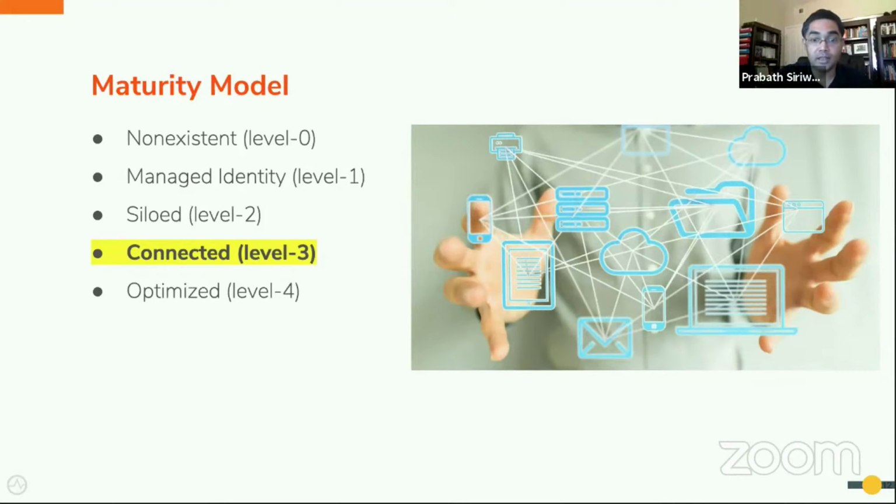Progressive profiling is one of the key elements of this phase. When you onboard a customer, you only request a minimal set of information. But as he or she starts using the system, it will start learning more. The system can learn more from the user's behavior or else directly ask the user for inputs.